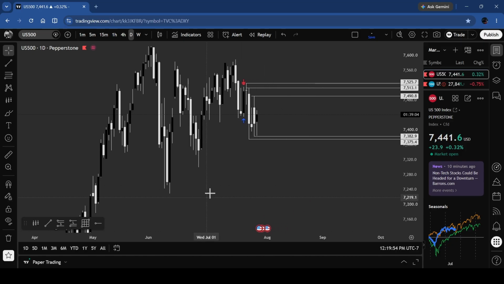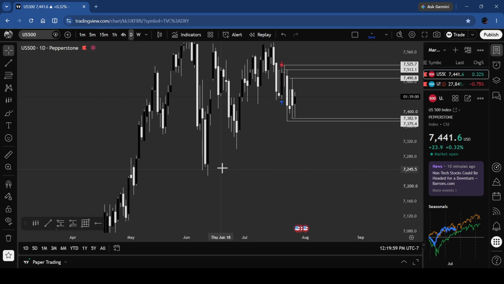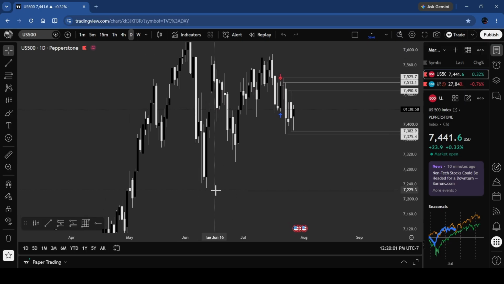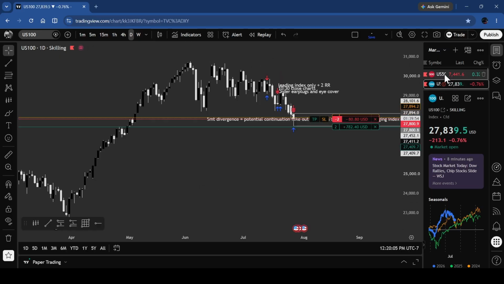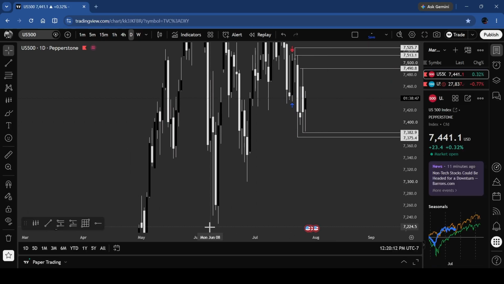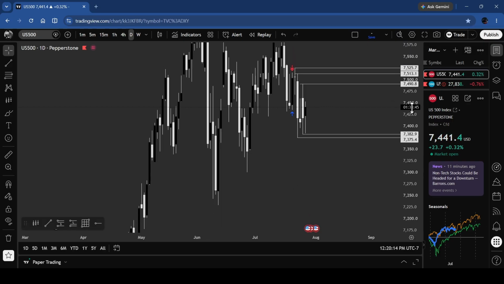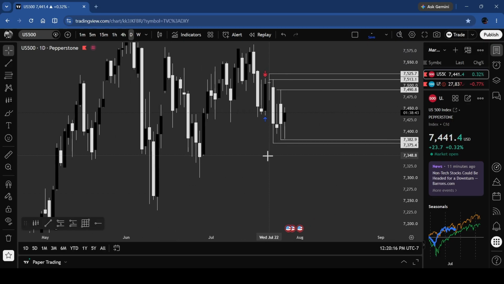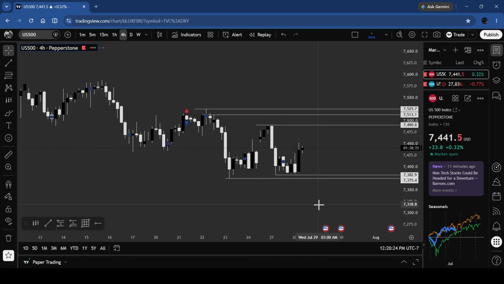Yes, we are also bearish on the daily on ES, but it's really lagging behind. We already took out the low on Nasdaq, but we did not on ES. So this is a massive difference in price, which is why I always default to shorting Nasdaq instead of ES. Anyways, therefore